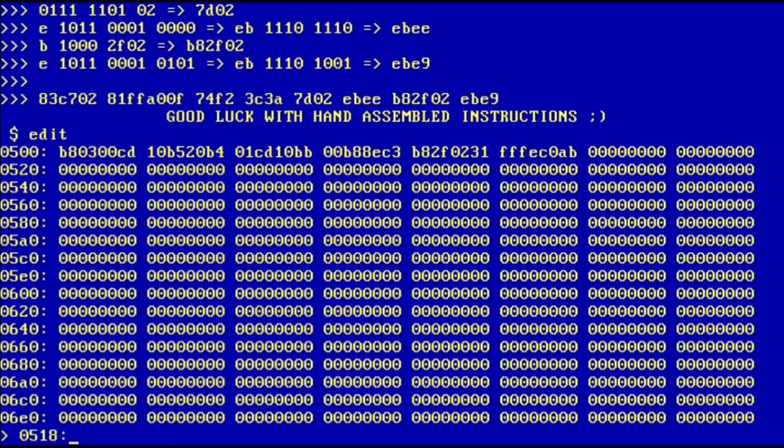So very carefully. 83C702. Okay. I just double check with my notes because otherwise it's just not going to work. Okay, then